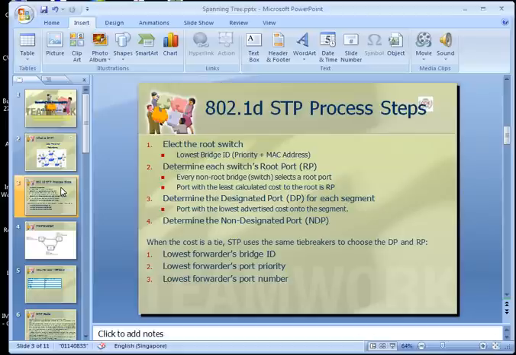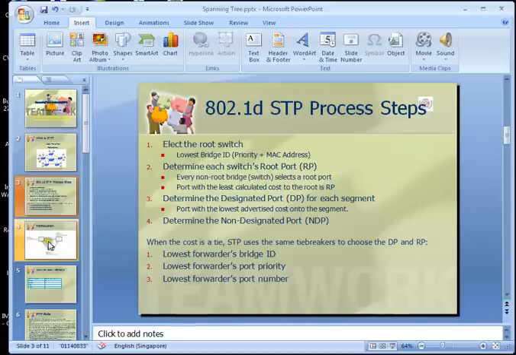So the next step is to determine each switch's root port. So every switch except the root bridge, except switch 1, needs to select a root port. So the root port is selected by calculating the cost to the root bridge.